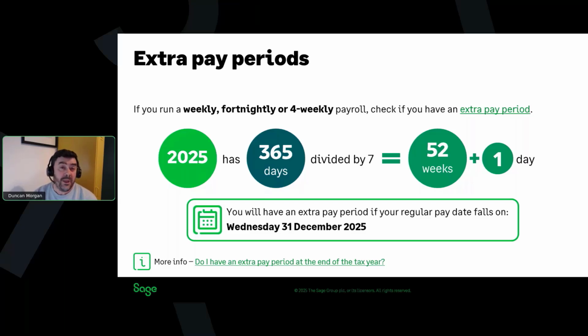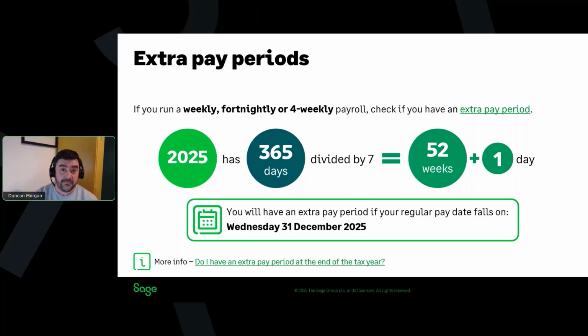But when it does come to these weekly-based pay frequencies, because the number of days in a year doesn't divide into an exact number of weeks, there are some years where you end up with an extra pay period. So in 2025, there are 365 days. If we divide that by 7, we have 52 full weeks and that 1 extra day. And if your usual pay date happens to land on that extra day, that's when you have the extra pay period. So for this year, you'll have an extra pay period if your usual pay date falls on Wednesday, the